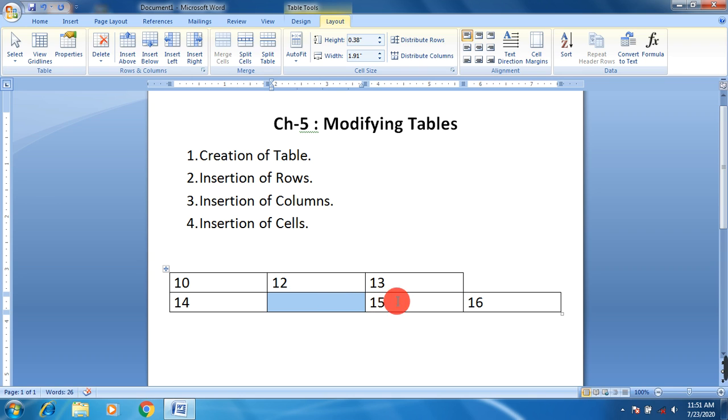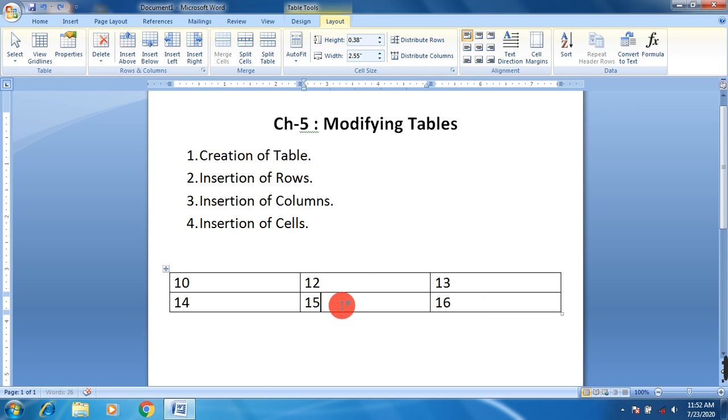So if you choose shift cells right, see what change happens. Now see, previously 15 was there at this place and 16 was here at place of 15. After shifting data right, all these two values shifted in right direction, one cell right to its original cell. So if 15 moves to next cell and 16 moves to this next cell, automatically this cell will be blank, so that you can use it for another value. So this is how we can insert cell by shifting data right.